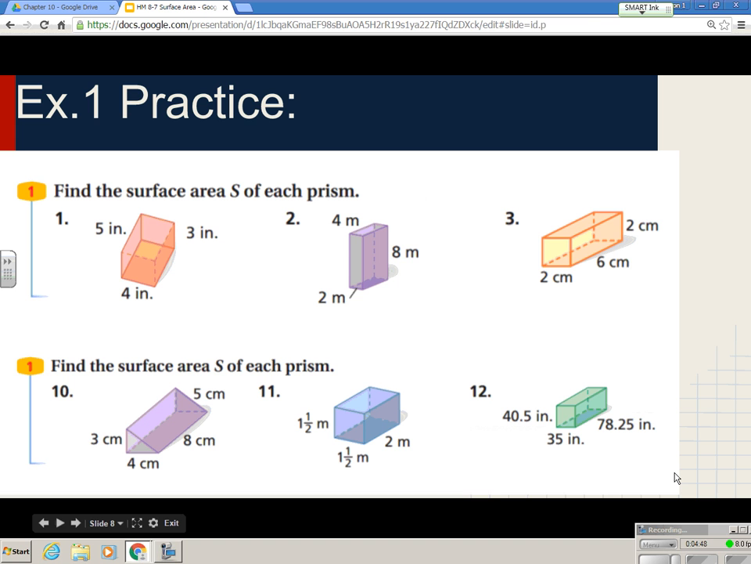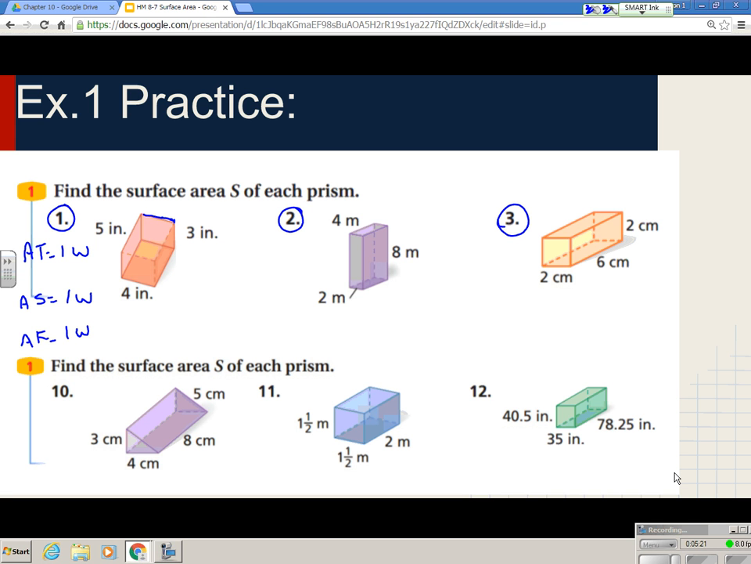Okay, for your practice, you're going to complete 1, 2, and 3 any way of the 2 methods I showed you that you feel is most successful. Basically find the area of the shapes, come back. So the way I'm going to do it is I'm going to do the area of the top, which is length times width, area of the side, which is length times width, and area of the front, which is length times width. The top is 4 by 3,